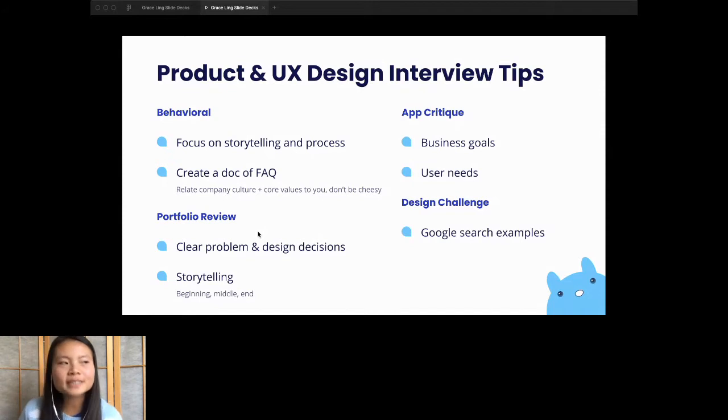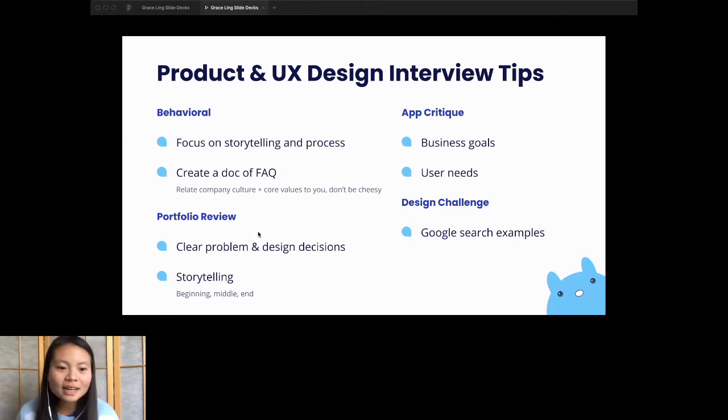When you're presenting with the interviewer, you do not want to be sharing your case study on your website, because they can already see it and it's already text heavy. So you want to create a slide deck like this one to showcase your case studies and your projects as well. And there are also a lot of templates for this in the Figma community. So that's also a great resource you can look into when designing and building your slide decks for your